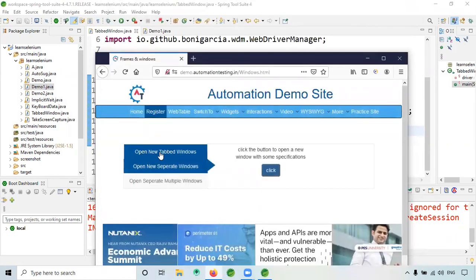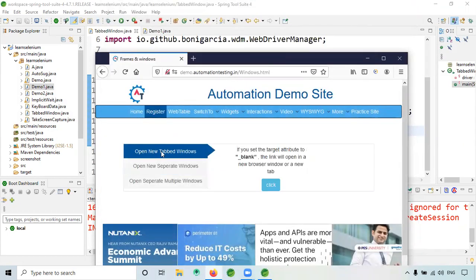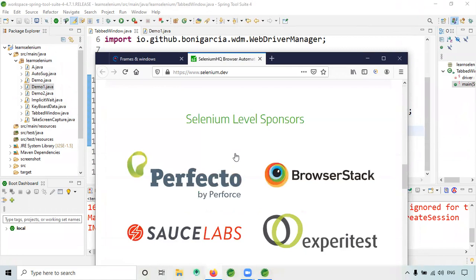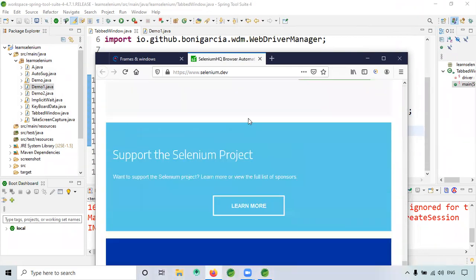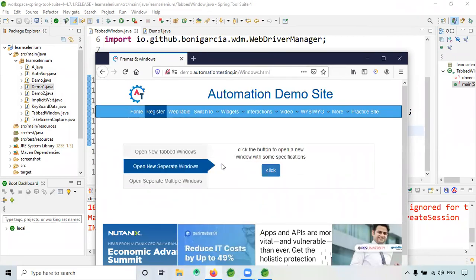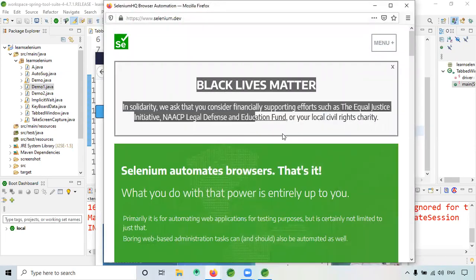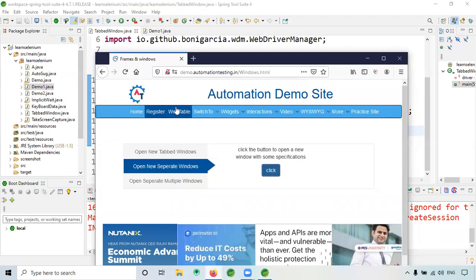Now when you click this, it will go to the next tab, and in this tab you need to get the information. Or when I click this, a pop-up will come here in this window, and we need to get the information. So how can I do that?